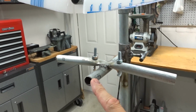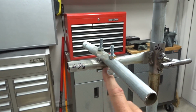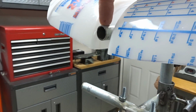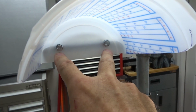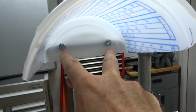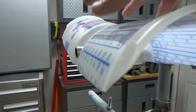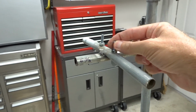And these bottom bars right here are cut at 6 5/8 long, and so is the top hood bar, so that they match. And then I just basically took a 1/4 inch drill, drilled 2 holes through the pipe, put bolts and nuts on it, and that secures the hoods down. So I got my camera mounts, 1/4 inch